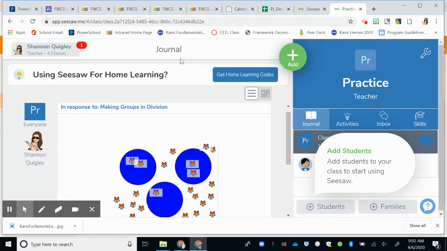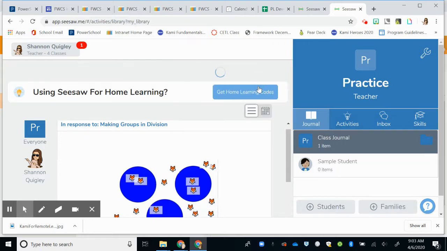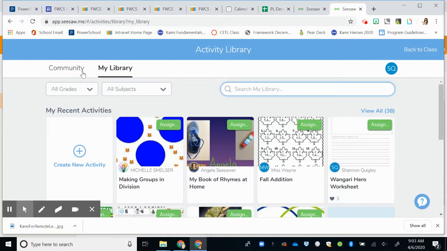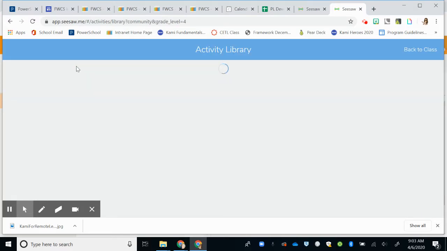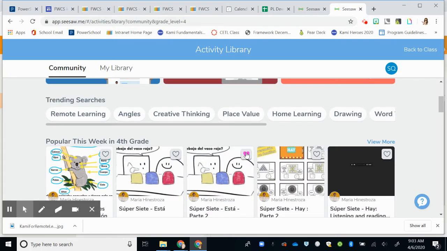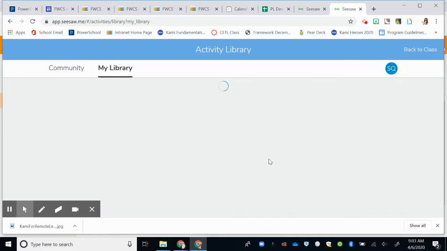yourself. So I'm going to go ahead and click on the Add button, and I'm going to go to that Assign Activity button. And now you can see my library. In the last video I showed you, whenever you find something in a library that you like or you think you're going to use, to go ahead and put that little heart on it. And that way when you come in and you go to my library, you can quickly find something that you